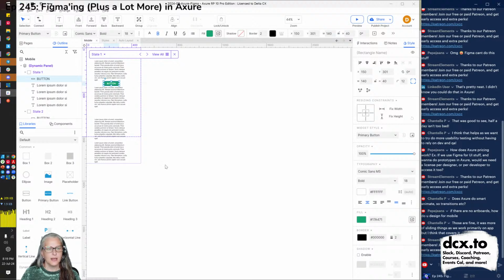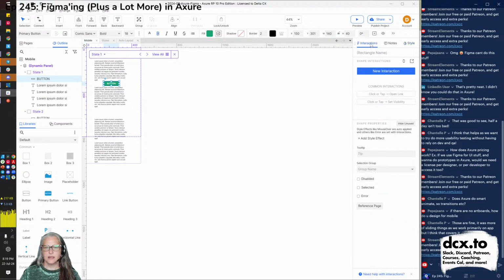When someone clicks the button, show them state 2 of the panel. A panel is a viewable area. It's got some special features that we're not going to have time to go into, but the idea is that you have a fixed area, just like my phone has a fixed area. No matter how long your design goes, I can only see this. So you can design longer in Axure, and then make that scrollable. I'm not doing that right now, but that's something we could do.